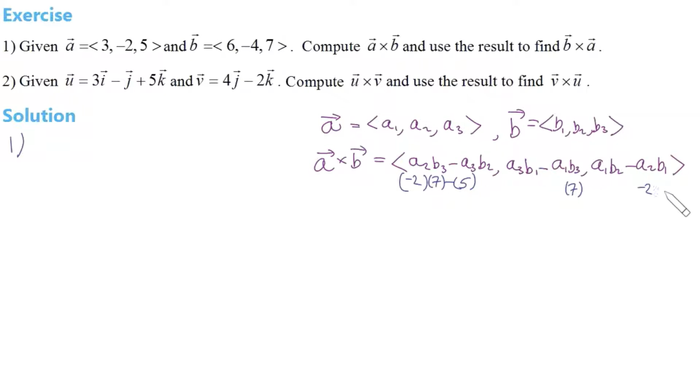I'll just fill this out for you. Okay, I just copied A1, A2, A3, B1, B2, B3, etc. from here. And so A cross B is equal to, let's see, the first component